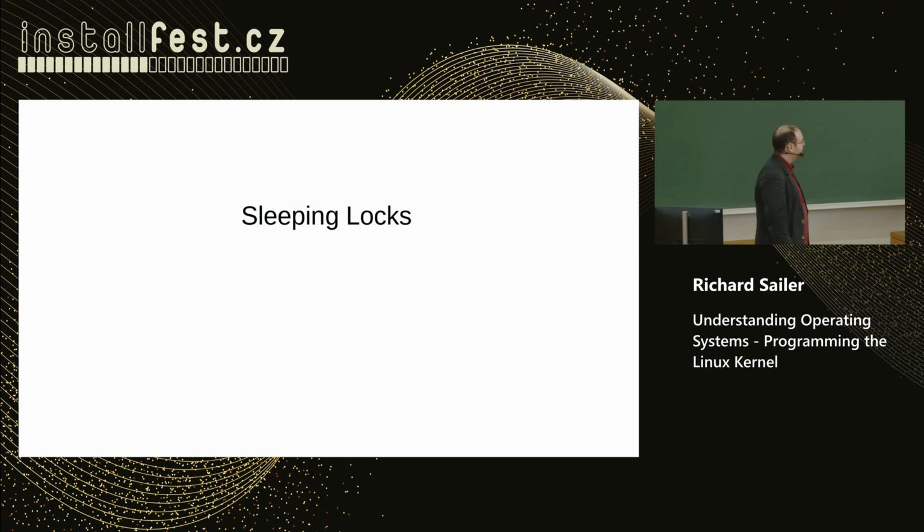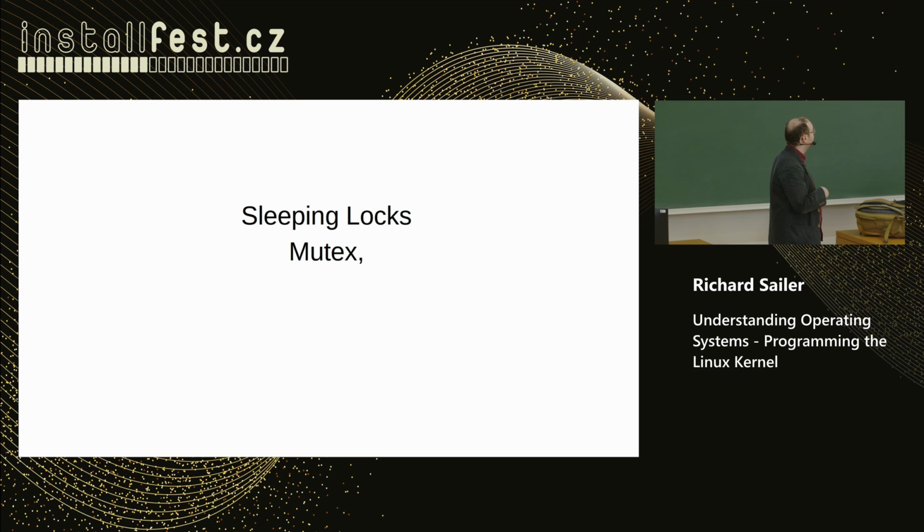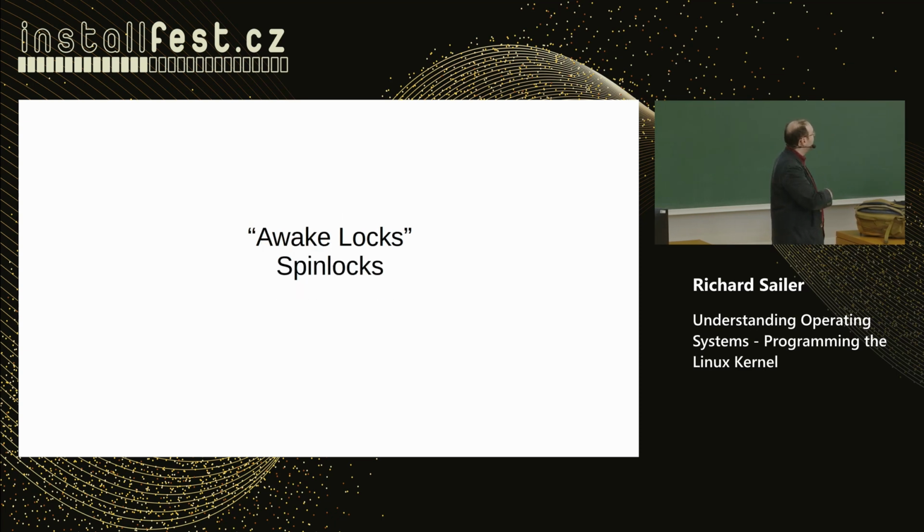Let's first explain the other ones. Mutex, semaphore. I called them awake locks, so spin locks. Those don't really go to sleep, they just go in a loop, busy waiting for like 10 cycles, 20 cycles, and then try again, and then busy wait, and then try again. Those are the ones that you have to use in interrupt handlers, basically, because there you aren't allowed to sleep, and you have to check very fast again.